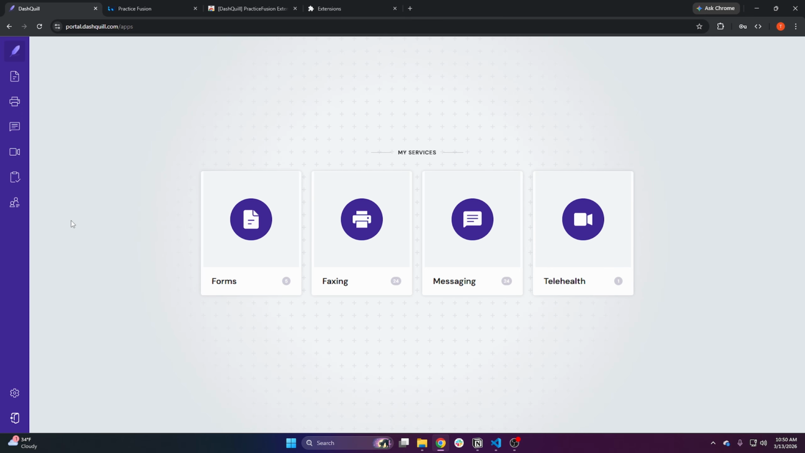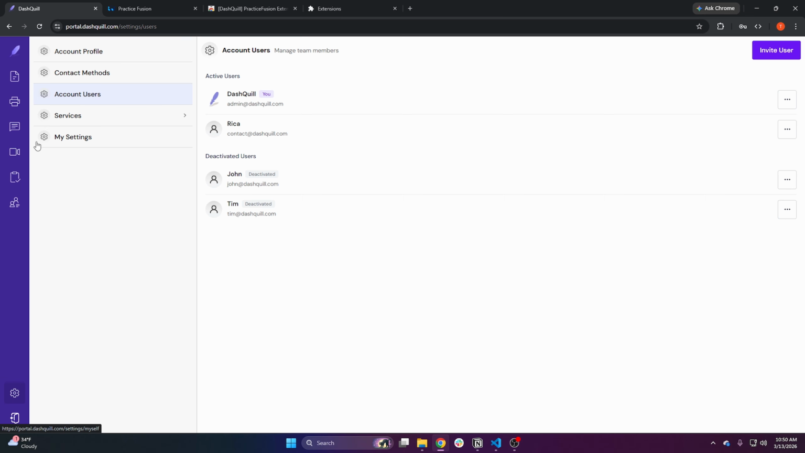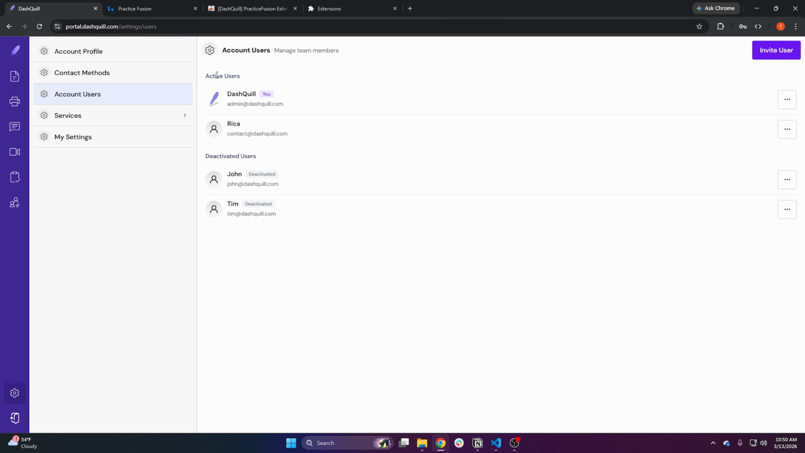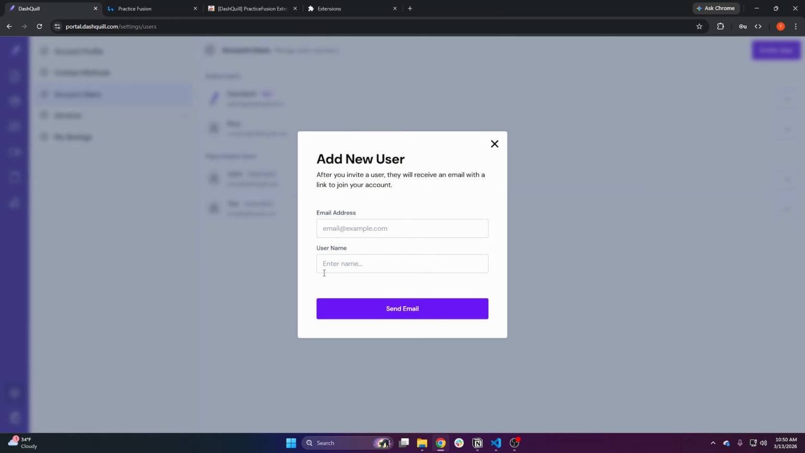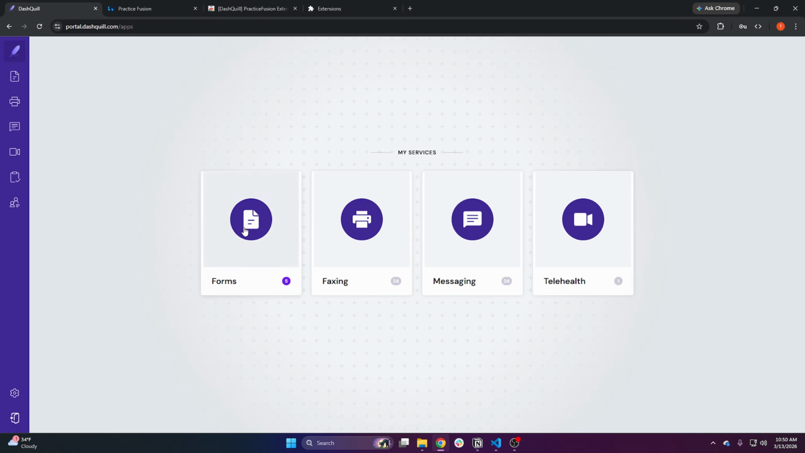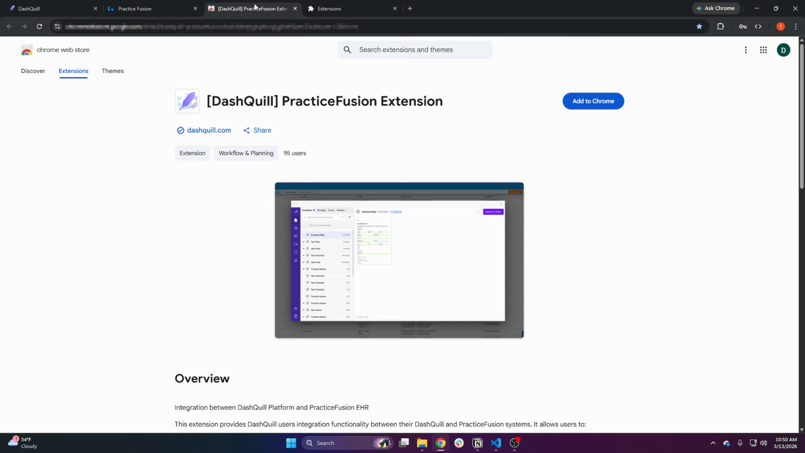Now, for the admins watching, you may need to add your team, and you can do that by going to portal.dashquill.com/settings/users, and then you'll see a page here where you're able to invite your team. Now, once you're signed in and you've confirmed that you can see this, the next step will be to install